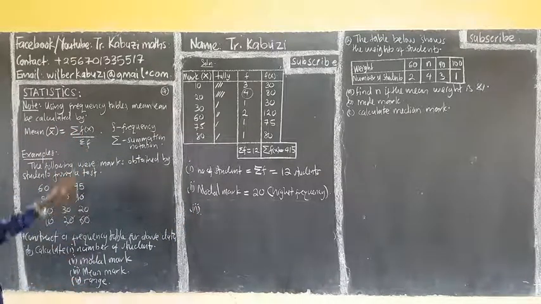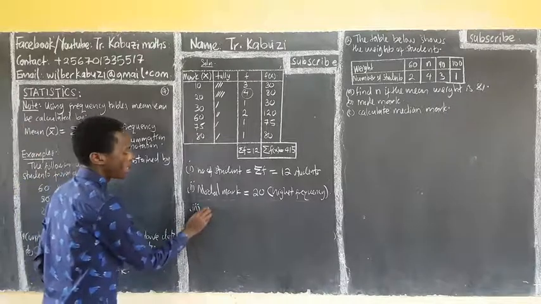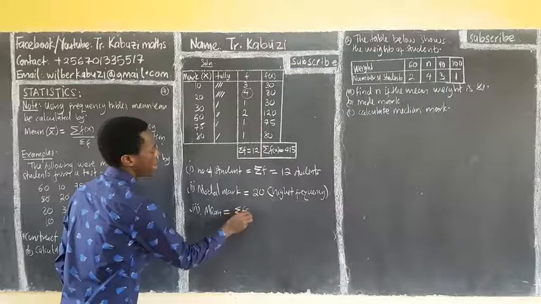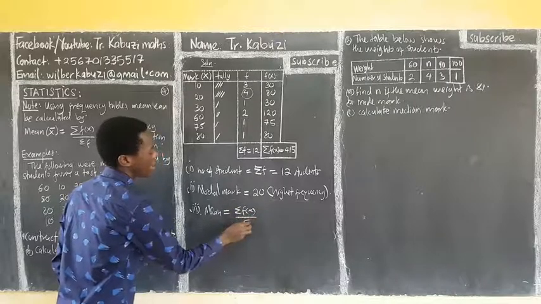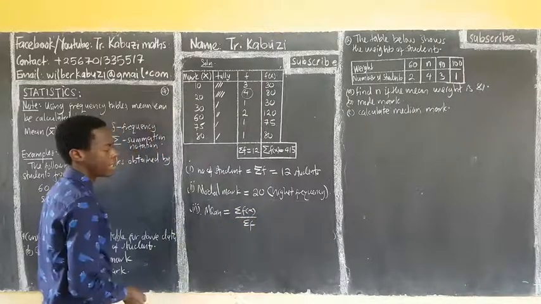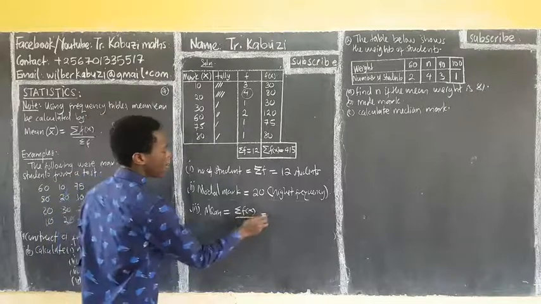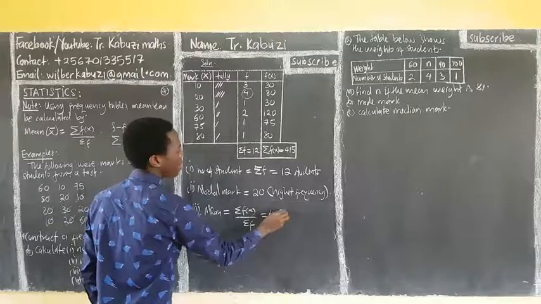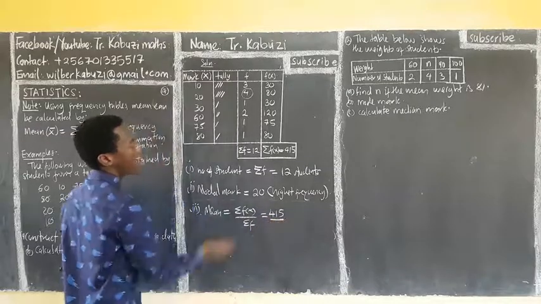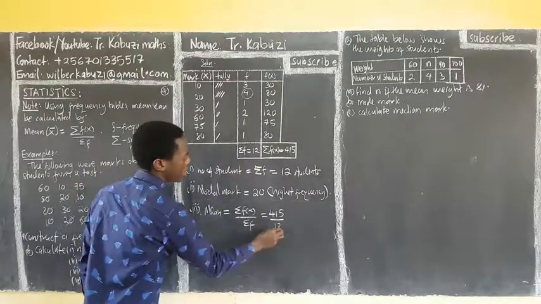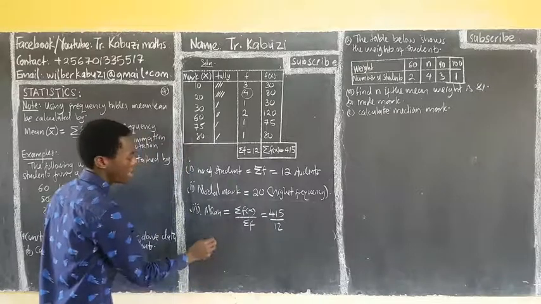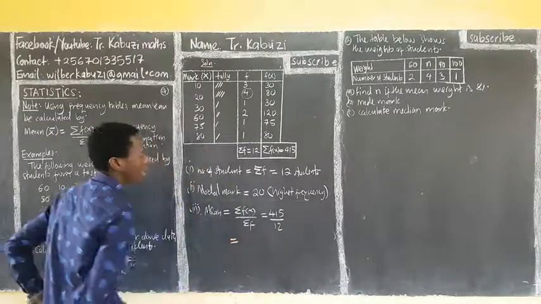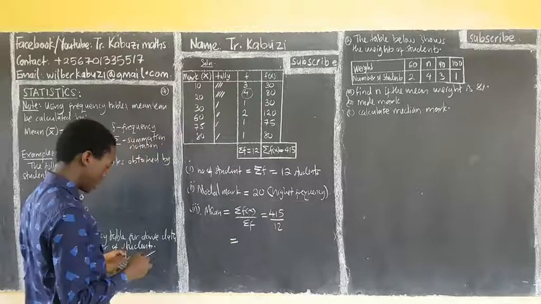Then number 3, you want to get the mean. How do we get the mean? This is the formula. So our mean is given by summation f of x over summation f. So we just substitute. Our summation f of x is 415 over summation f, which is 12. And so your mean is going to be